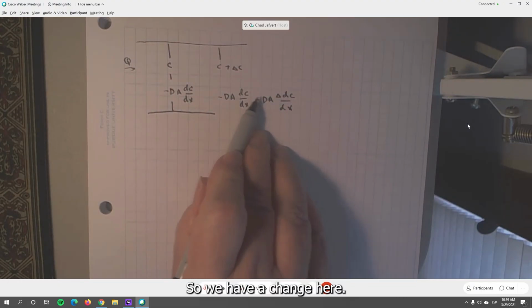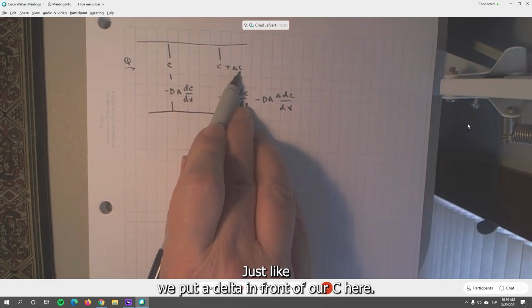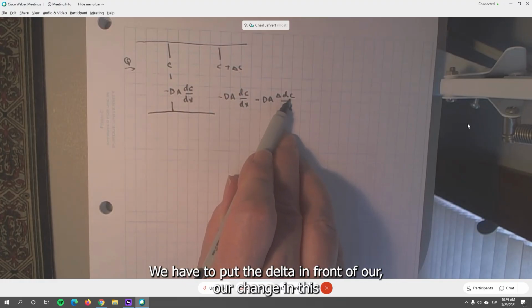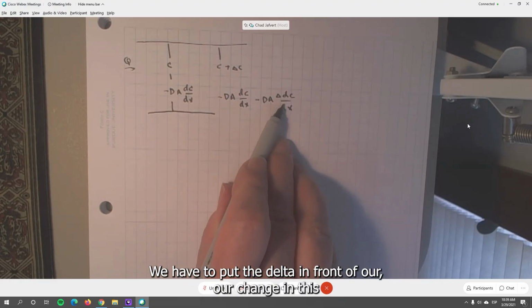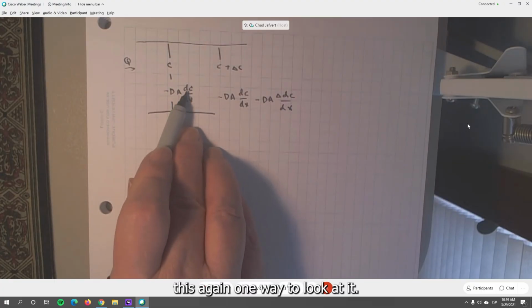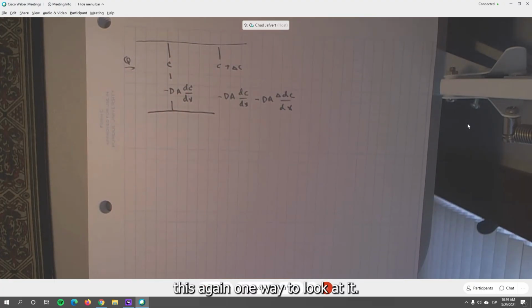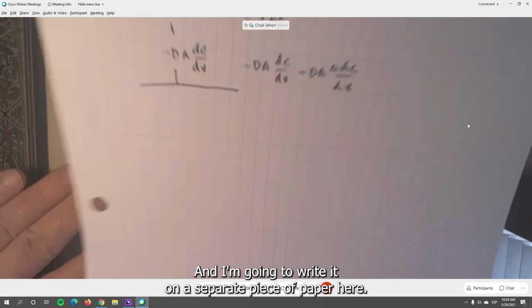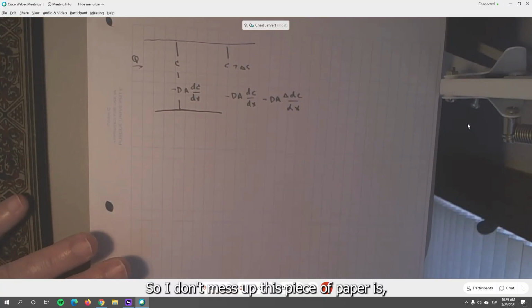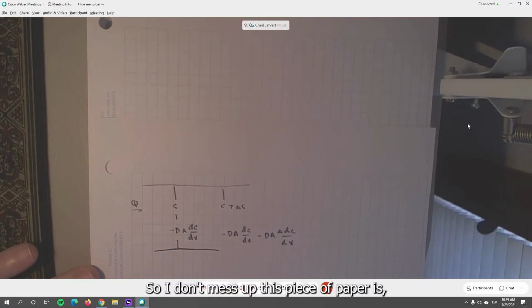So we have a change here. Just like we put a delta in front of our C here, we have to put the delta in front of our change in this. This, again, one way to look at it, and I'm going to write it on a separate piece of paper here so I don't mess up this piece of paper, is